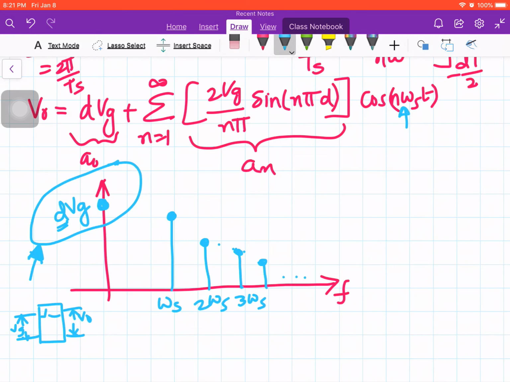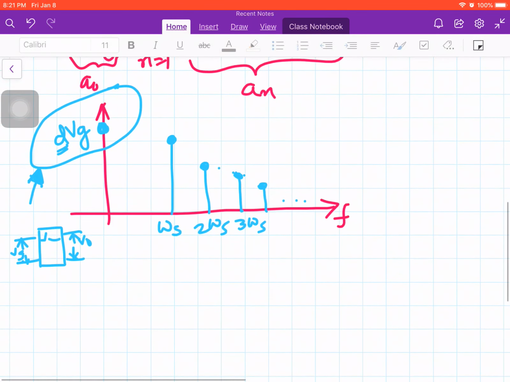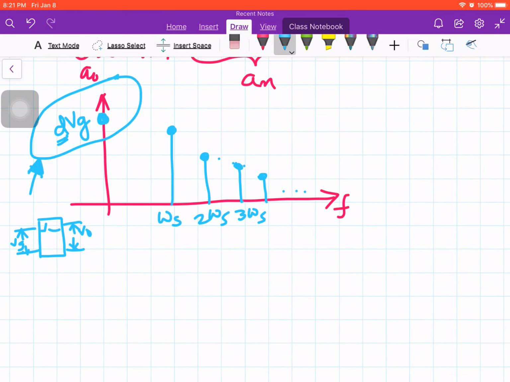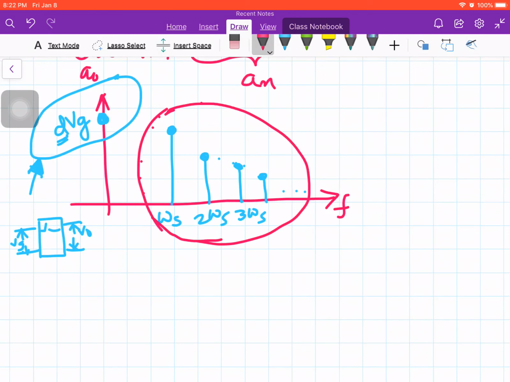So how can I filter out these components? When I say filter out, I should be designing a filter in order to provide a very high impedance to these particular frequencies. So what I would expect is a filter whose gain crossover frequency